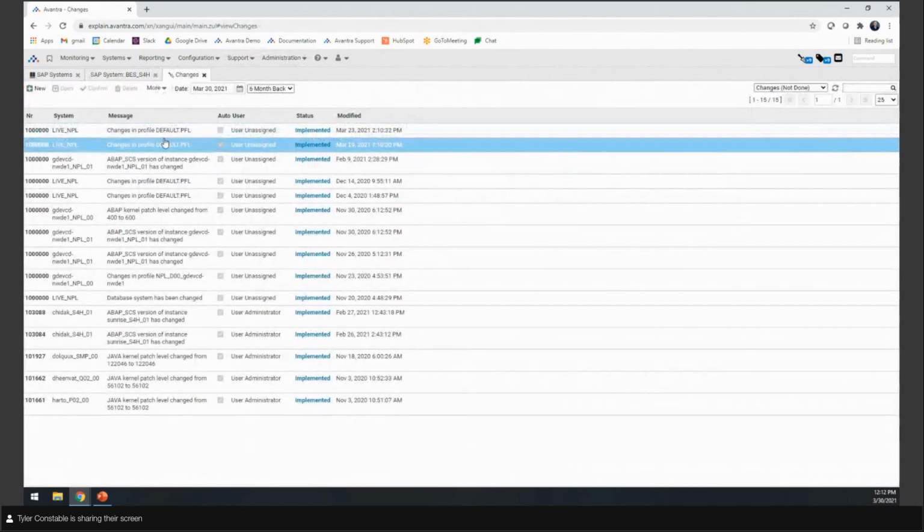And this is really meant for two purposes: being able to see what changes we track from a technical or basis perspective, right? So not changes within transports, but those technical changes that we might make from an administrative standpoint, and also from an audit perspective. So if someone opens up a client, did that client get closed back down again, right? If you're an organization that gets audited, you're going to get audited on that. So being able to, after a year, come in here, and Avantra's watching this 24/7, and be able to say,